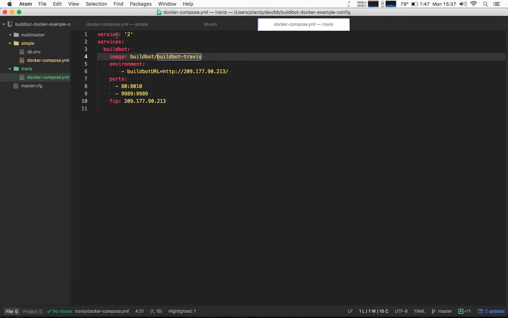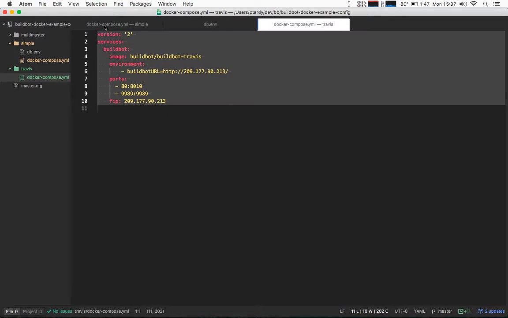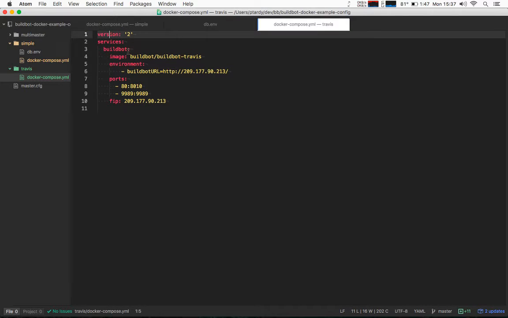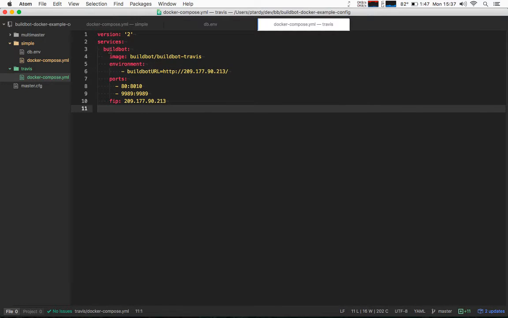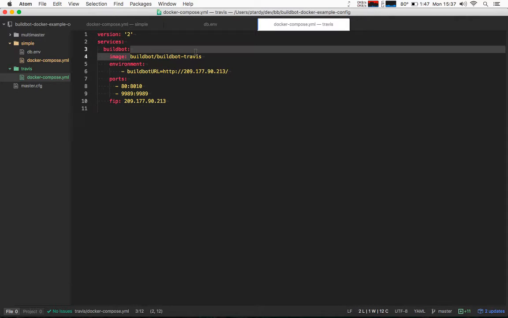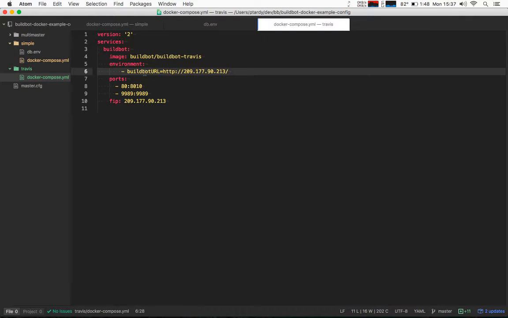So here, this docker-compose.yaml, which runs buildbot Travis, is only one container. It's very simple. We don't need to actually run it inside Docker Compose, but for me it's more simple to have a Docker Compose YAML in order to describe the environment and the port. I find it much more readable rather than the CLI of Docker with -e, -p, blah blah blah. So I just created this docker-compose.yaml which runs Travis,